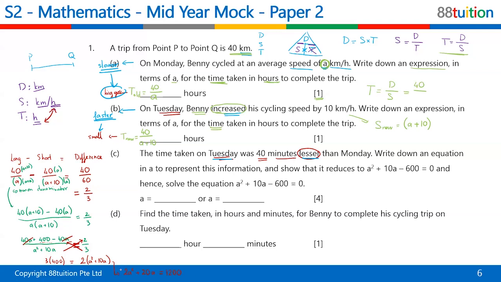Continue, I will bring the 1,200 to one side. We always need to keep one side equal to 0. So when I bring it over, oh, I need to leave some space here. So I will